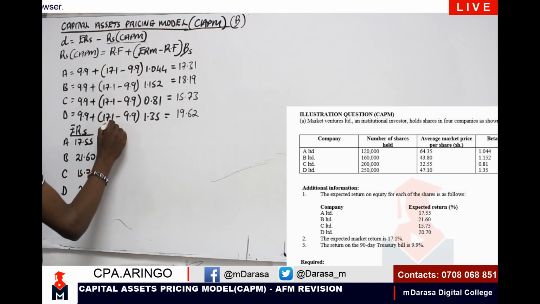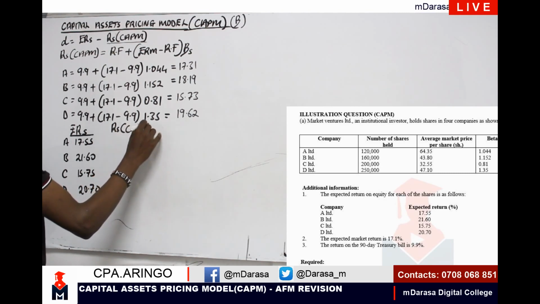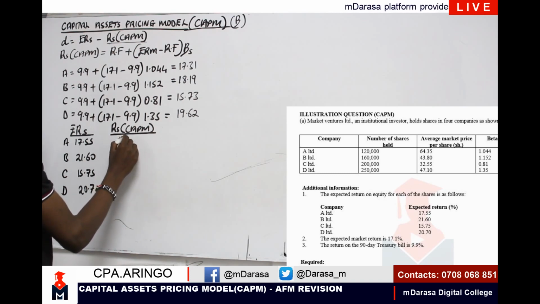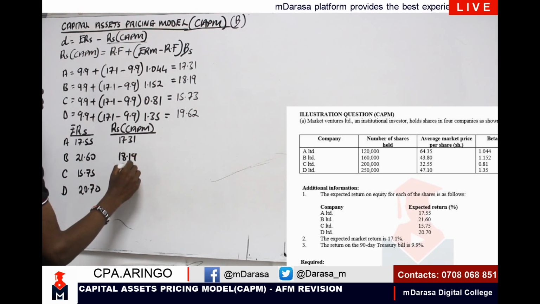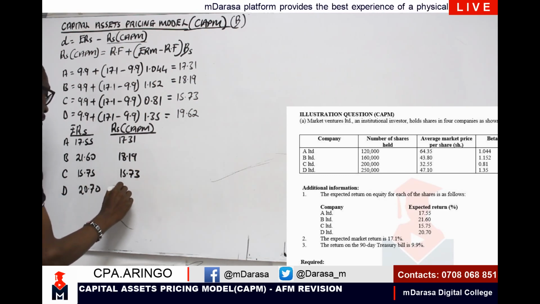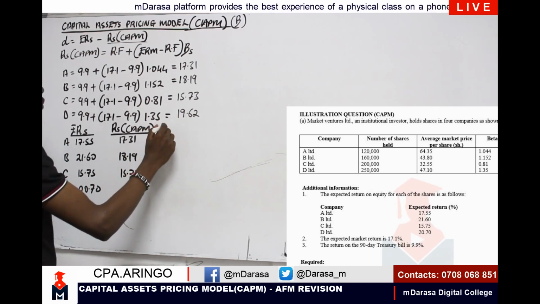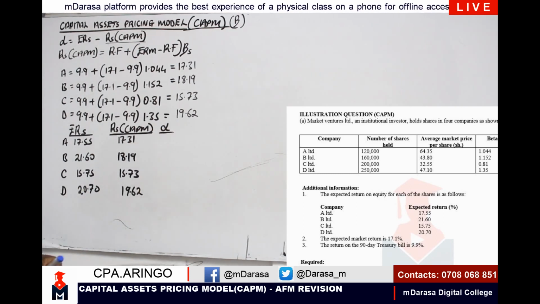We have determined basically our CAPM returns here. So CAPM, we are having, of course, 17.31, 18.19, 15.73, and 19.62. So what would be our alpha values? Our alpha values, I should be talking of